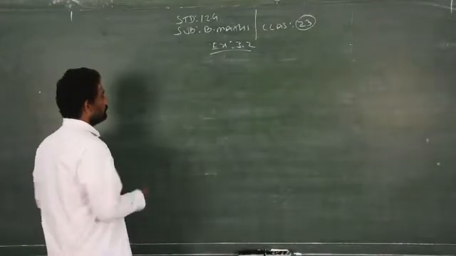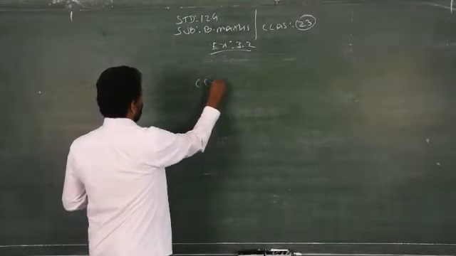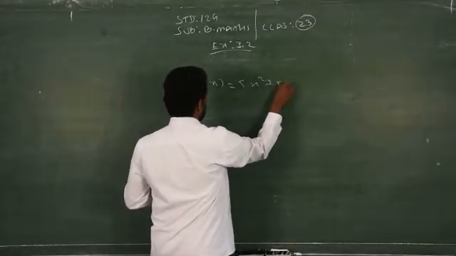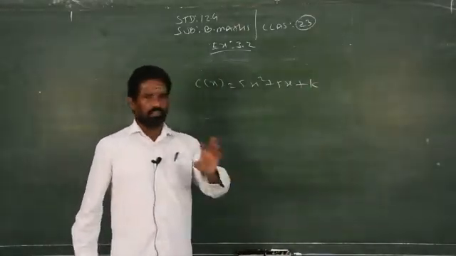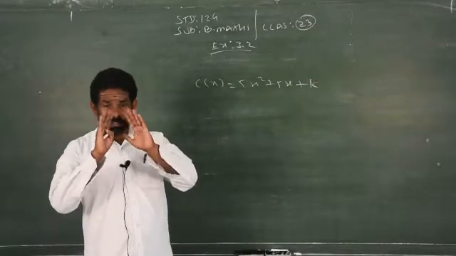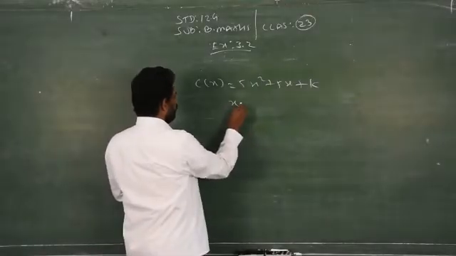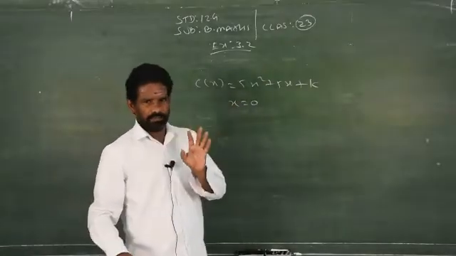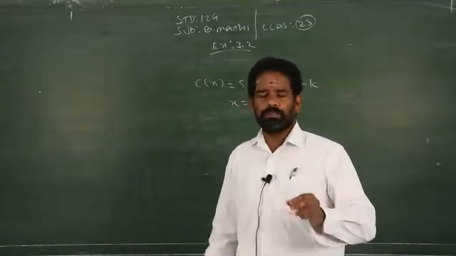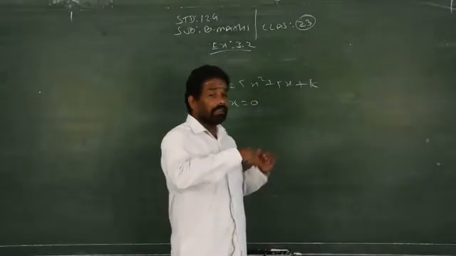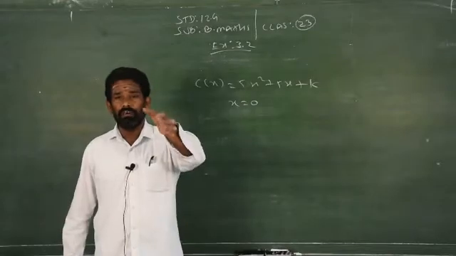But mathematically, how do you identify the fixed cost? It is very simple. For example, 5x square plus 5x plus k. Normally we replace this k by the fixed cost. But the exact definition of fixed cost is the cost when no units are sold. That's why I said whether you are selling the goods or not, you have to spend some constant amount. Mathematically you have to prove that result. Clear? Then only will you know exactly what fixed cost means.